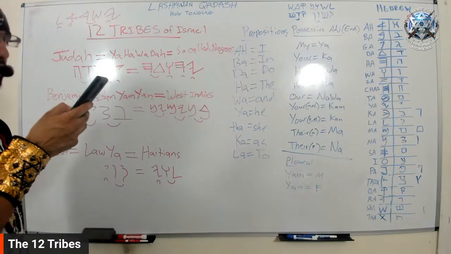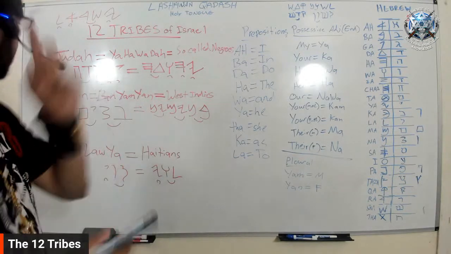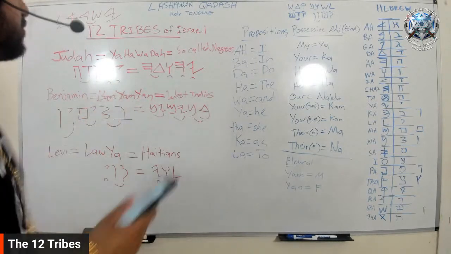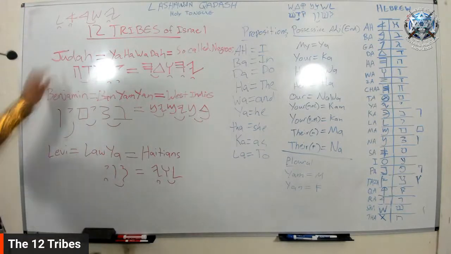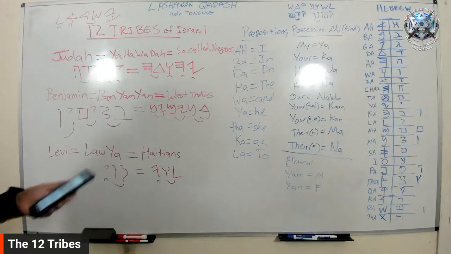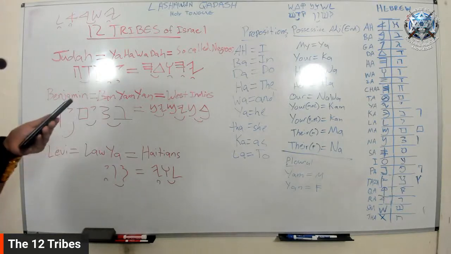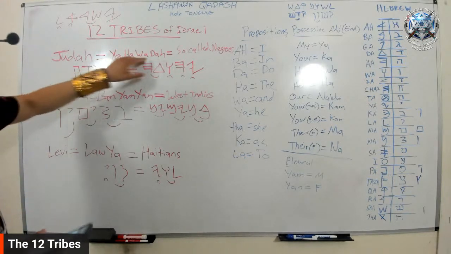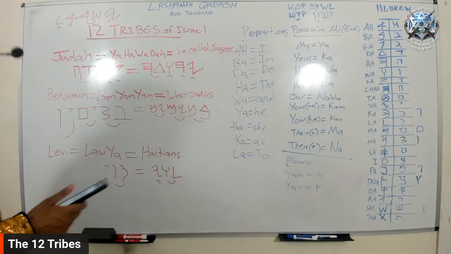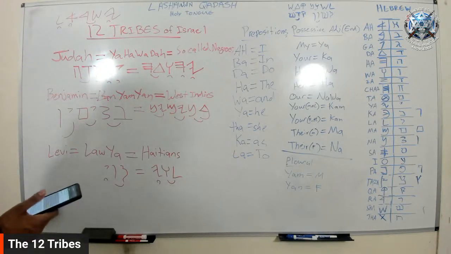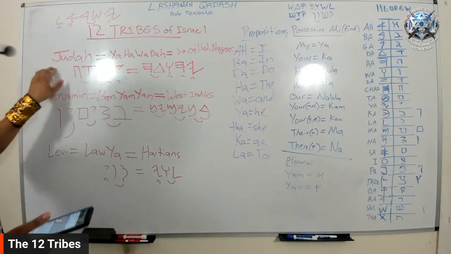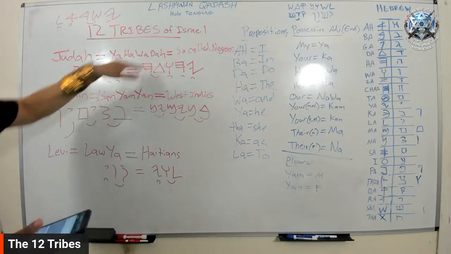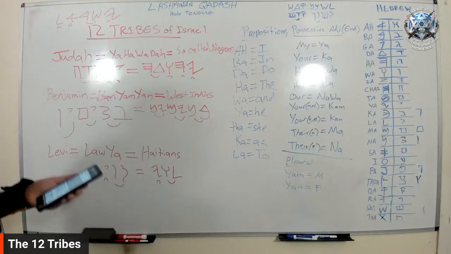It says praised. And when you go into the verse we just read, it's actually telling you why she named him Judah, because she says that I will praise the Lord. And that's where Judah gets his name from, Yahweh. To think about it, that makes sense though. Yahweh is basically the Most High's name, and then a "da" added to the end, which means thanks. Does that make sense? So if Judah's name is Yahweh thanks, then of course it will say Yahweh, but it has a different ending so that we actually know what the full meaning of that name is.